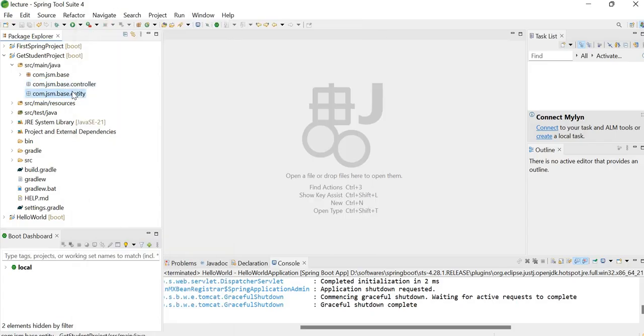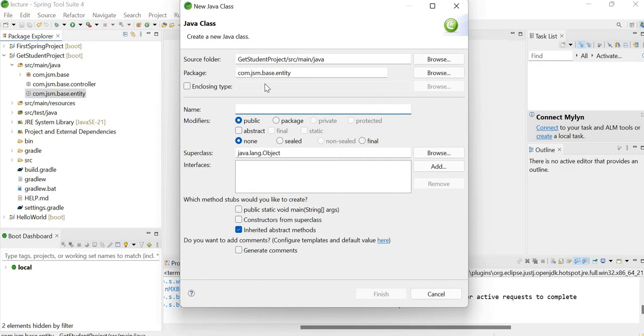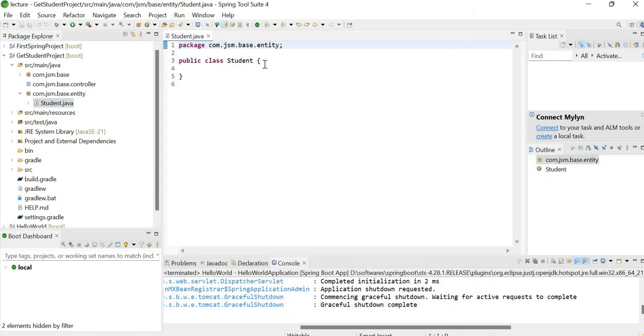So for that we should have a student class also, no? Student entity. So create a new class, give a name as student, and finish. So inside the student, string first name,